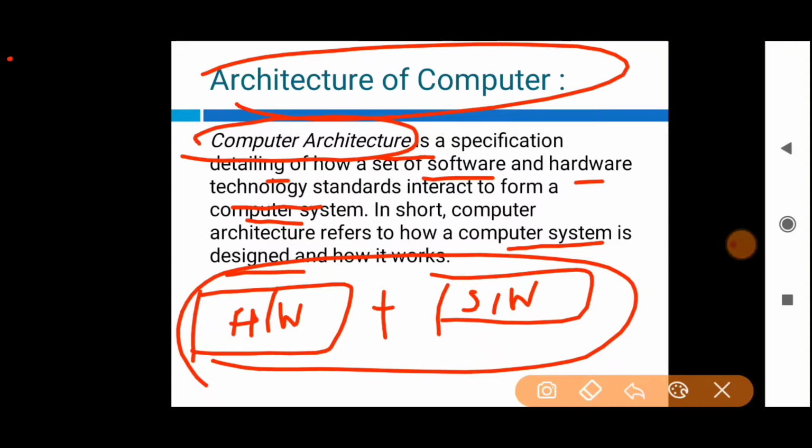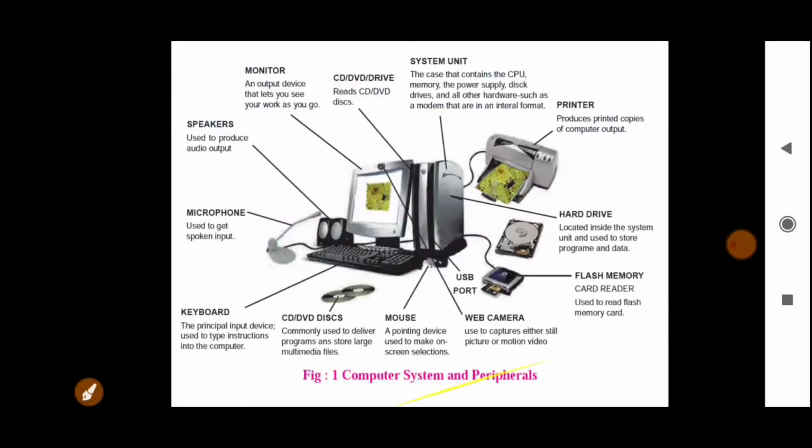For example, if a user types in some characters from the keyboard, then it should be converted into a digital form and stored in the computer's memory. All this set of guidelines refers to the computer architecture.